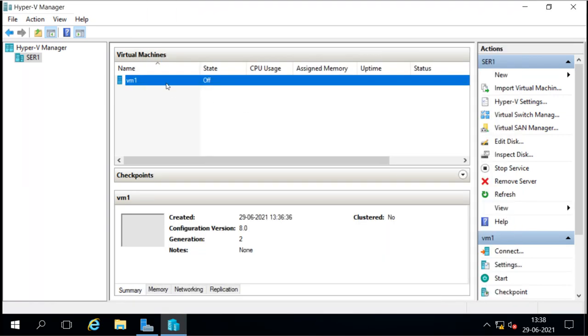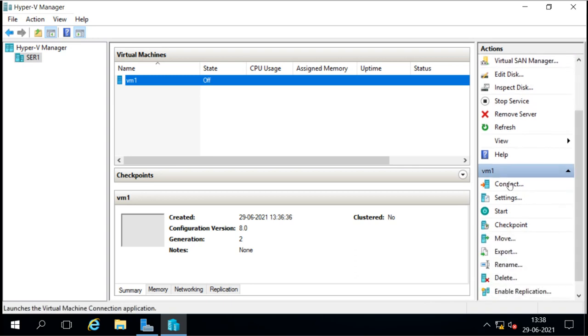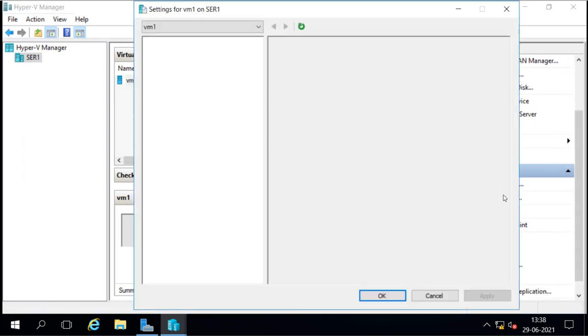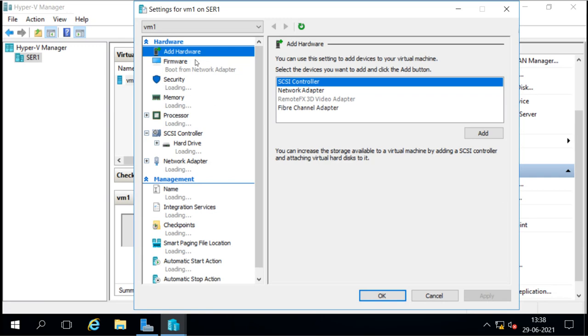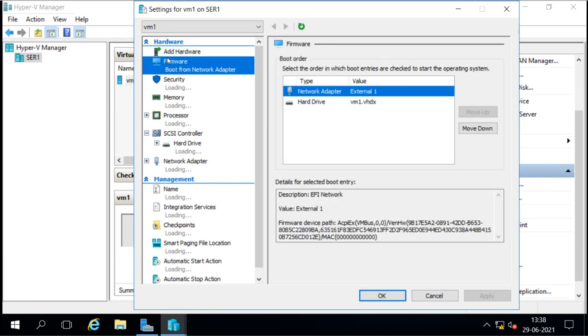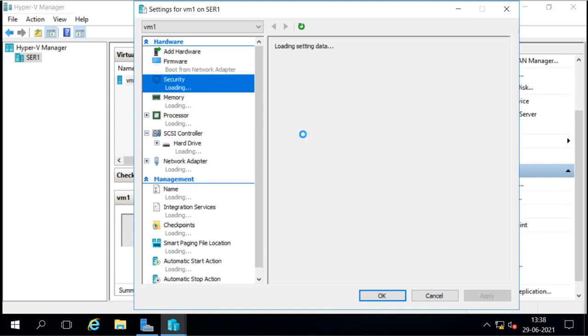Now for the virtual machines, we have to go to the virtual machine settings here. Now here we have these options. We have the hardware, we can add new hardware, we can change the firmware, and then we can go for the security features that are available, secure boot and shielded options.